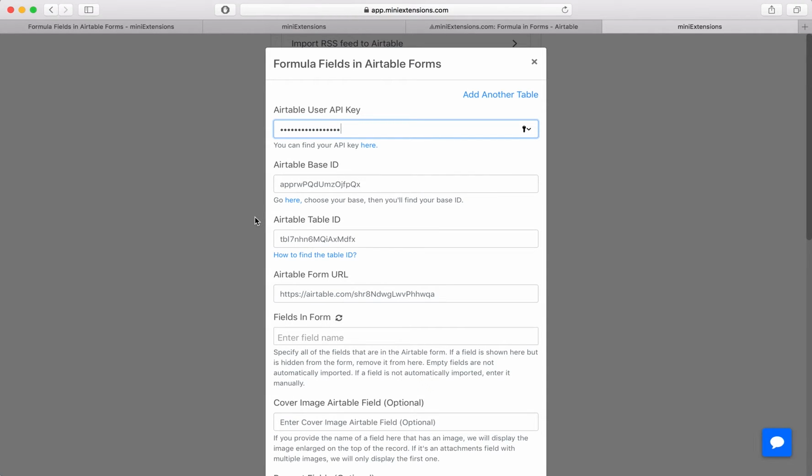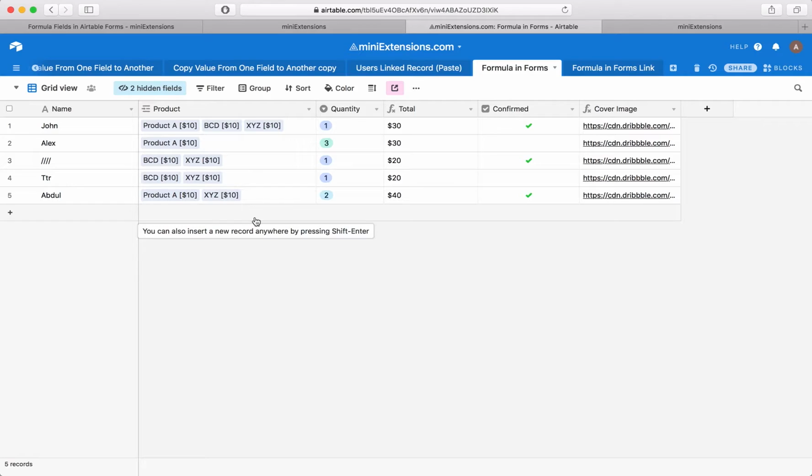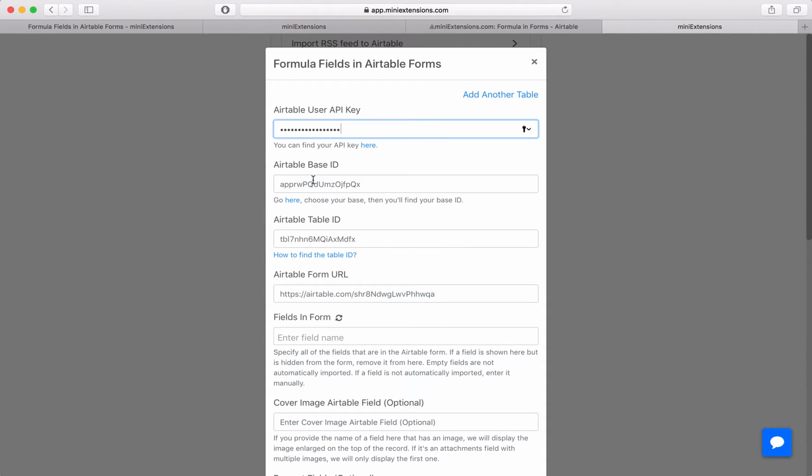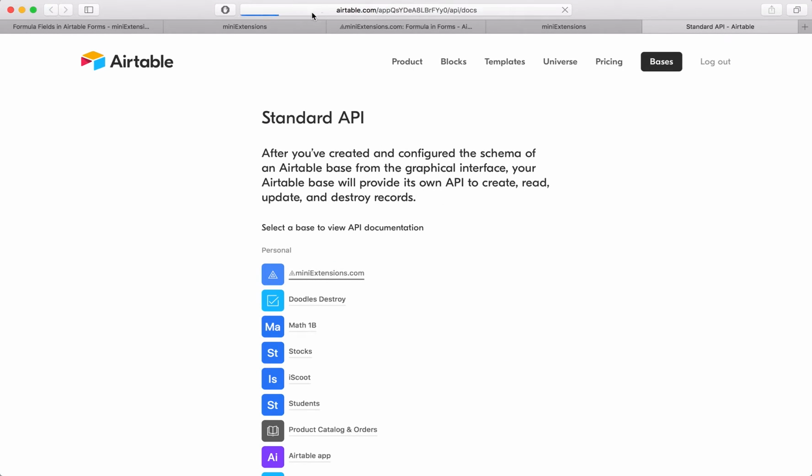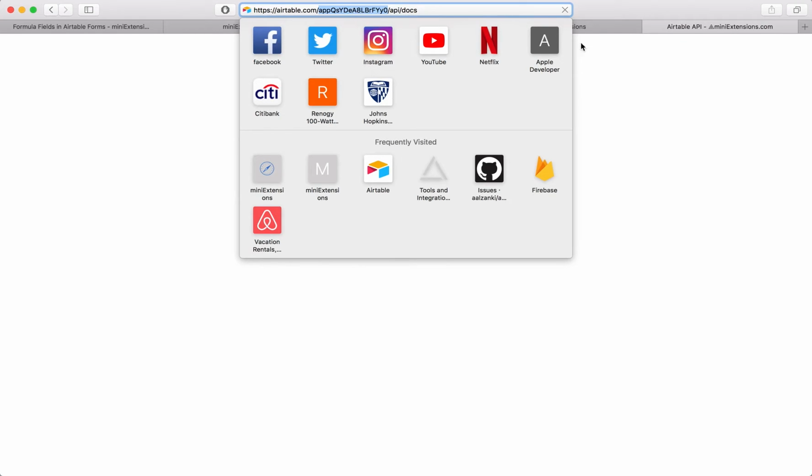So I'm going to now show you in exact detail how to set this up. When you first purchase this extension, what you would see is this screen. You'd want to start by filling up your API key, and then we'll need to grab the base ID. I'm going to grab that from here real quick, and then